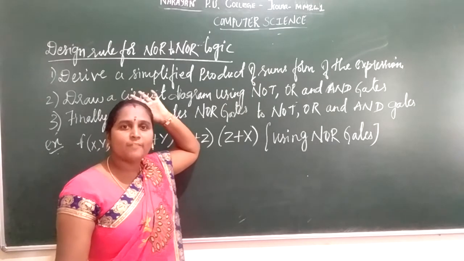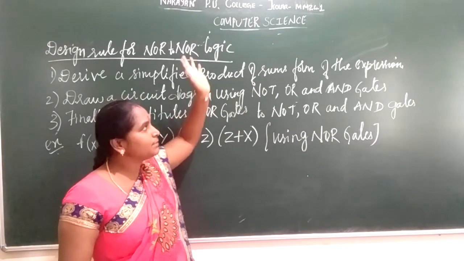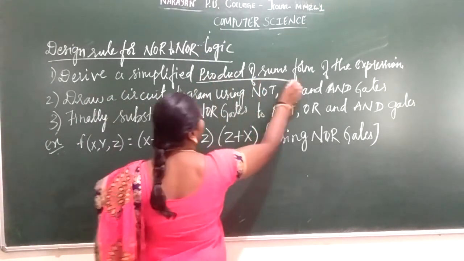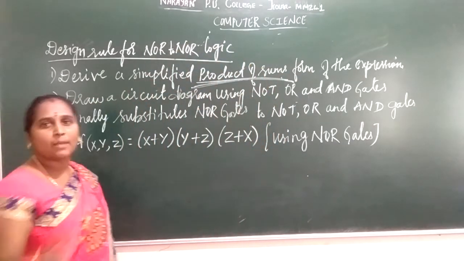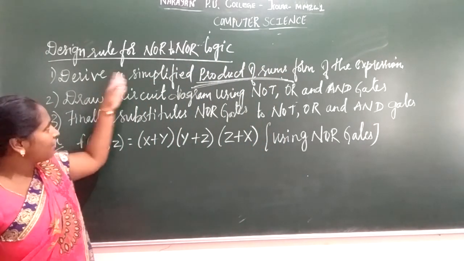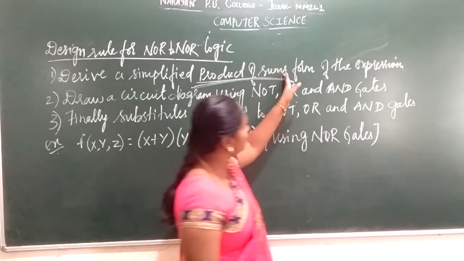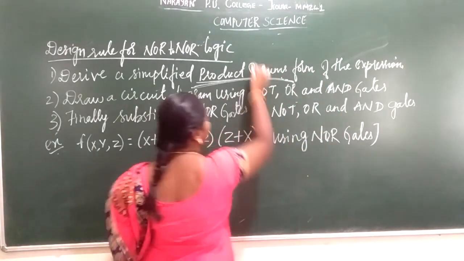There it should be in the form of sum of products, that is SOP. Here it should be in the form of product of sums. There it should be sum of product. Same rule. Derive a simplified product of sums, that is in the form of the expression, that is nothing but your